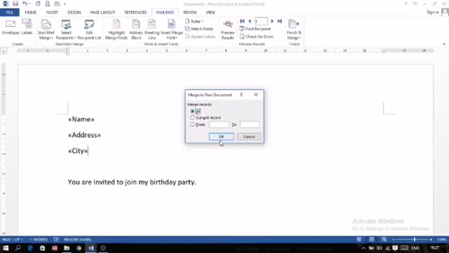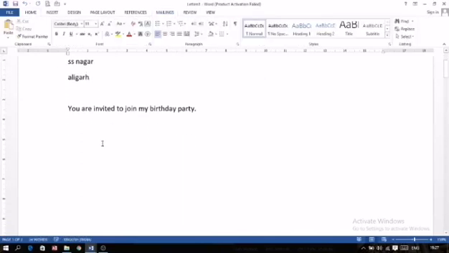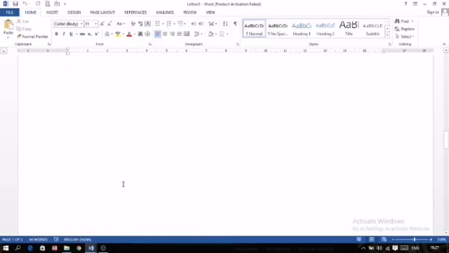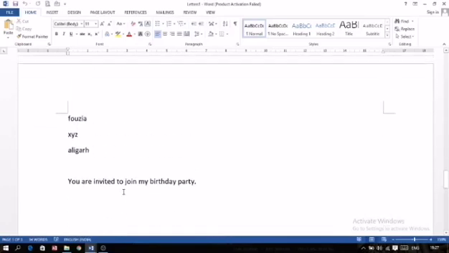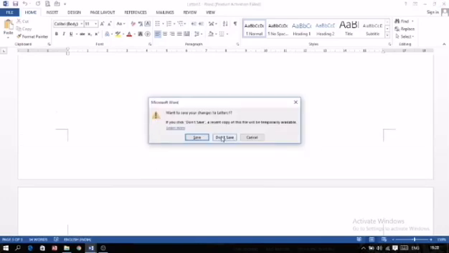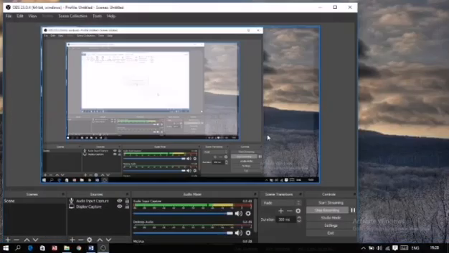Here I have selected the option All and click on the OK button. Once I click on the OK button, now it is merged. Now this is the first document. Now this is the second page coming for the second record, and then the third record will display now. In this way we can do mail merge. Now I'm just closing this, and then I will explain mail merge by using the next method.